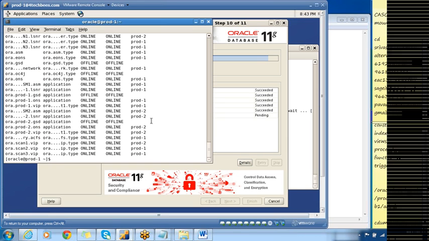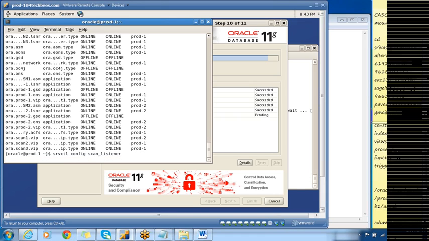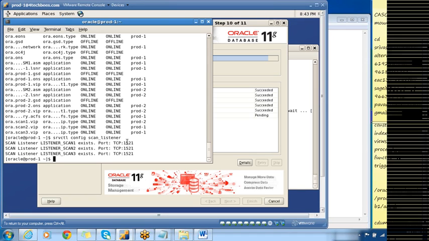And if you want to check on which port the scan listener is running, we can go for srvctl config scan_listener. This will show you the port on which the scan listener is running. So you can see here the scan listener is running on port 1521.